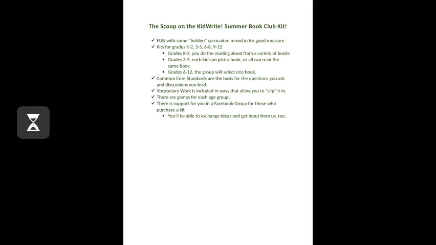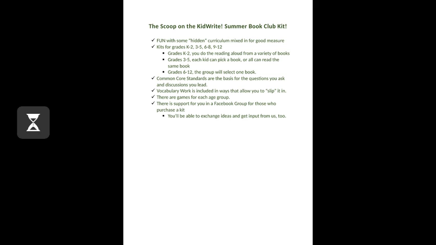In grades 3 through 5, the kids can each pick a book, or they can all read the same book. Frankly, in grades 3 through 5, if the kids want to pick their own book, that works out really well. And we give a variety of recommendations for this as well. We find that if the kids are reading different books, at first they think, well, we can't talk about them because it's not the same book. And then they find that with the tools they have, they can talk about different books together. They can talk about the theme, they can talk about the characters, they can talk about the story arc. And they get very excited when they see that it's possible to speak about a book you haven't read with somebody else and find things that the books have in common, or find ways to pick out material that supports what you're saying.